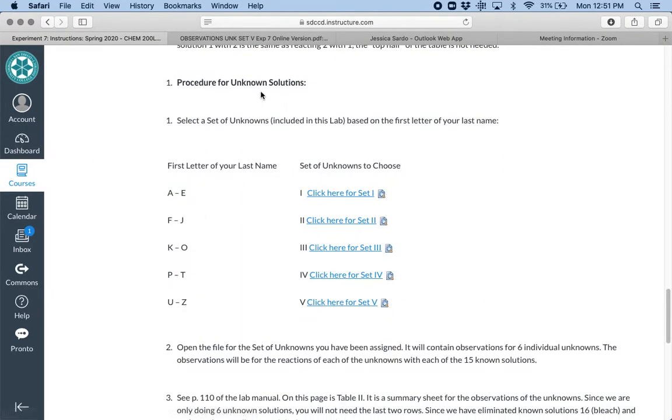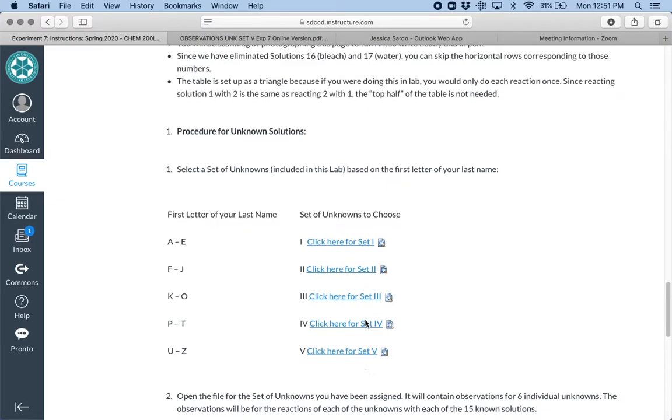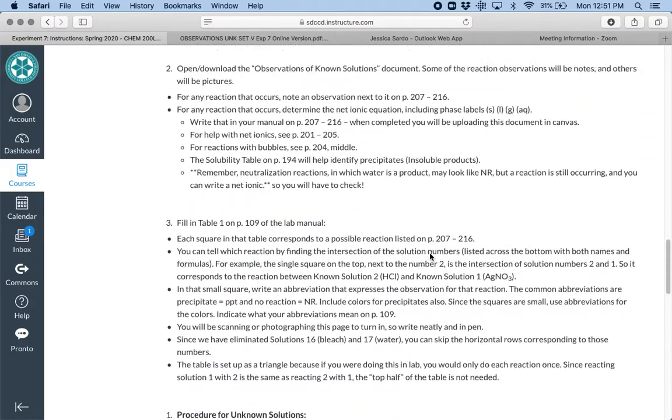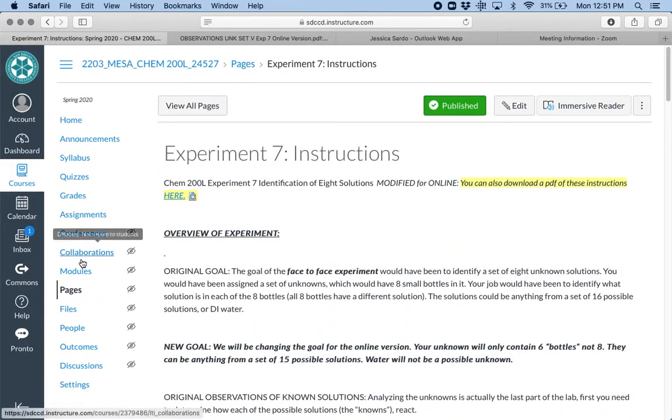And if you go down to the procedure for unknown solutions, whatever the first letter of your last name is, that will determine which unknown set you use. So you'll have to download your unknown set to use on this page. And then lastly, at the bottom, it tells you what you will need for your report. If we go back to our assignments real quick,